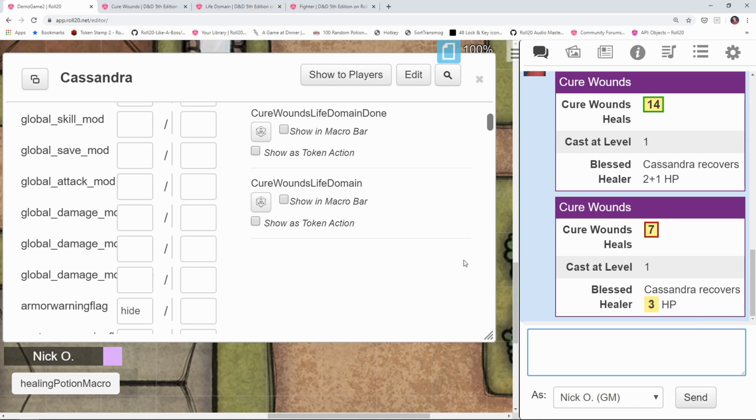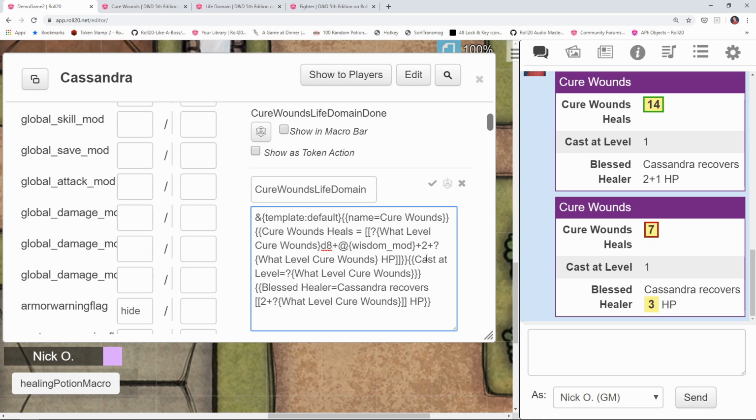Okay, so we've got a really nice little macro now that Cassandra's going to run. Whenever she casts Cure Wounds on somebody, she'll be able to specify what level she's casting the spell at, and then she'll get the other information here about how much HP she's recovering. But you'll notice one other thing here. When you hover over this, there are a lot of numbers here. 1d8 plus 3 plus 2 plus 1. Your DM may say, where is all that coming from, right? So we can actually specify that. If we go back into the macro,